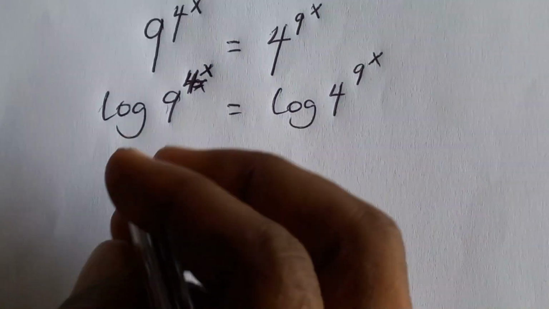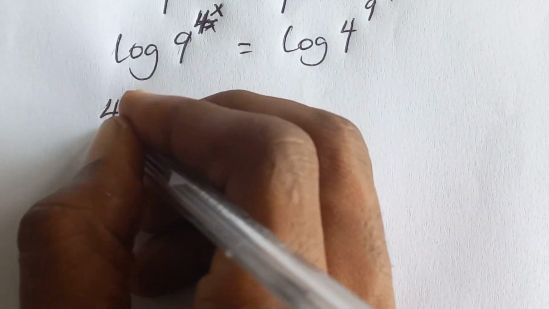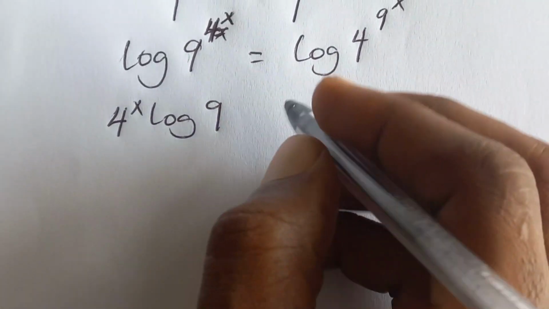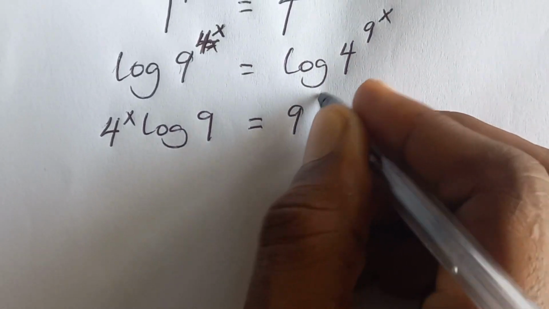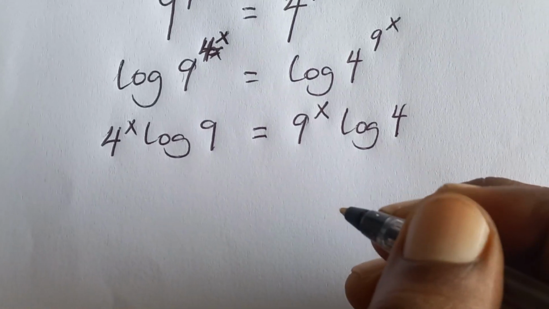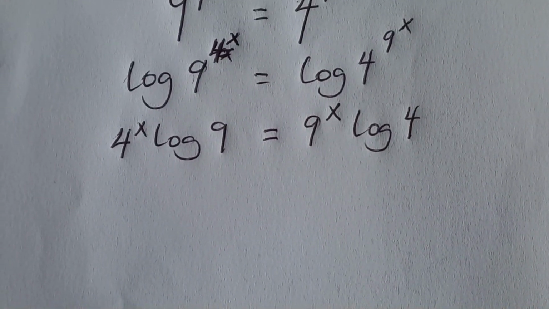Good. So with this, you are going to get 4^x log 9 is equal to 9^x log 4. Okay, so now you can divide both sides by